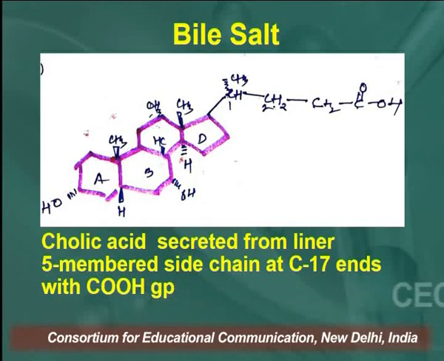Along with the COOH group there are also 2 OH groups attached to ring A and ring C, and there are also 2 angular methyl groups present at the C10 and C13 positions. So the total number of OH groups over here is 3. One is attached with ring A, one is attached with ring B, and another OH group is attached with ring C, as you are looking on your screen, and there is a side chain which ends with a COOH group,